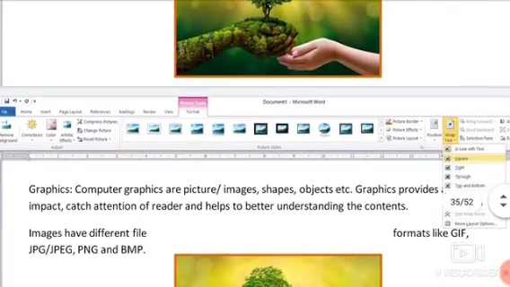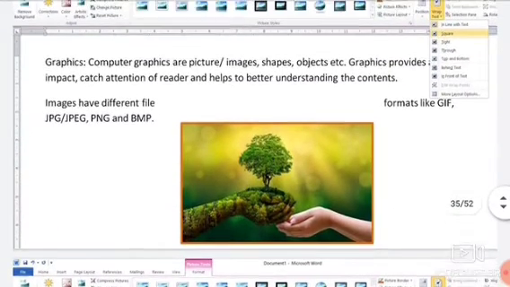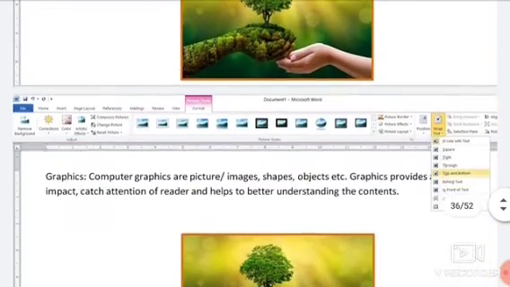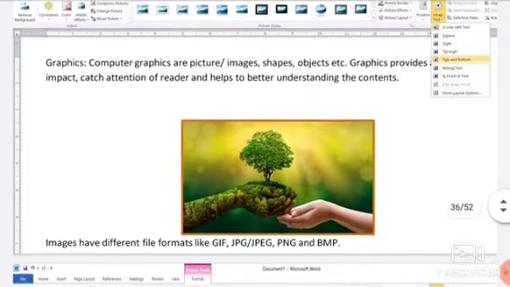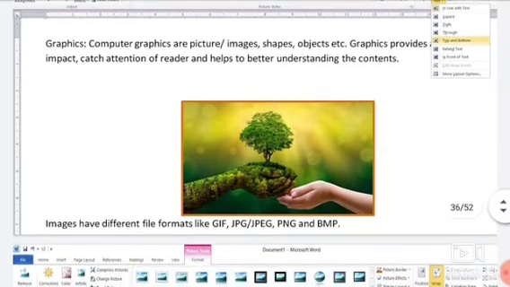You can see in the picture, here we have selected the square one. This square option takes the picture in between, and the text matter is given on both sides. Here with top and bottom, the picture is in the middle, the text is written on the top side and also on the bottom side.